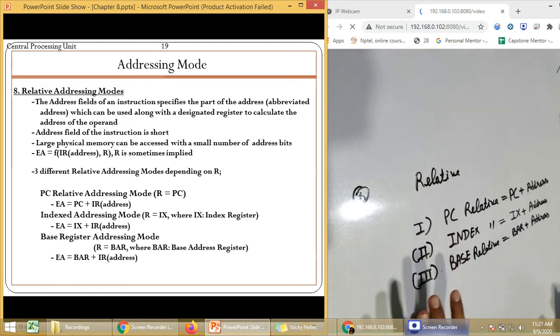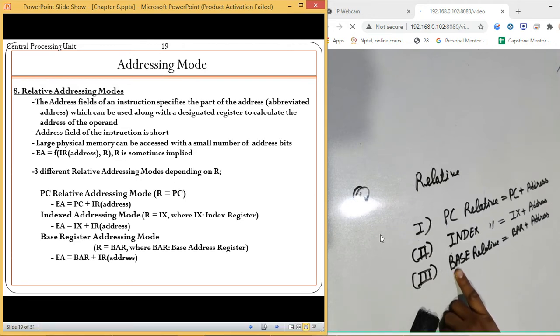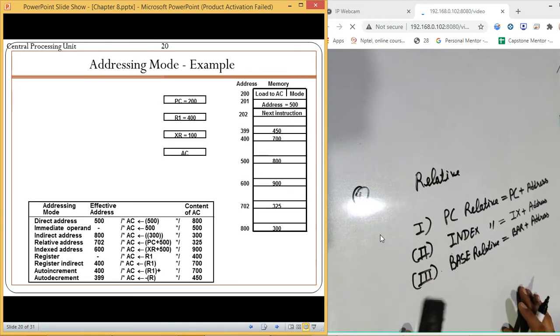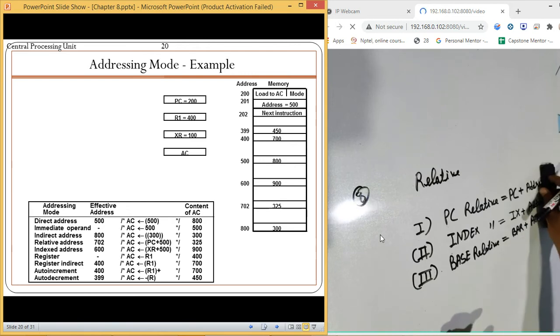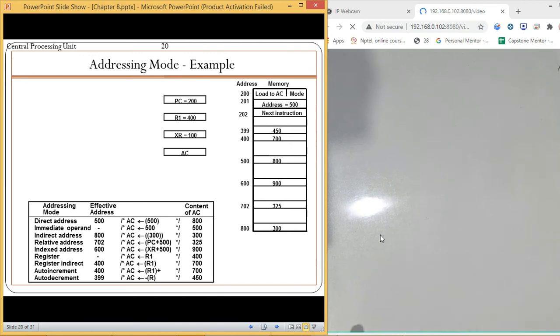There are three different modes: PC relative, index relative, and base relative address. Now after this, let us shift to the next example. This example is quite important, so you can understand all the addressing modes from the single example which we have. Now in this example, what is mentioned,